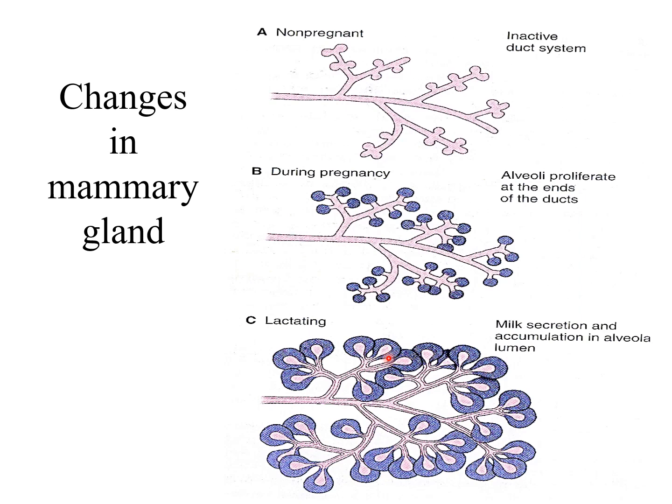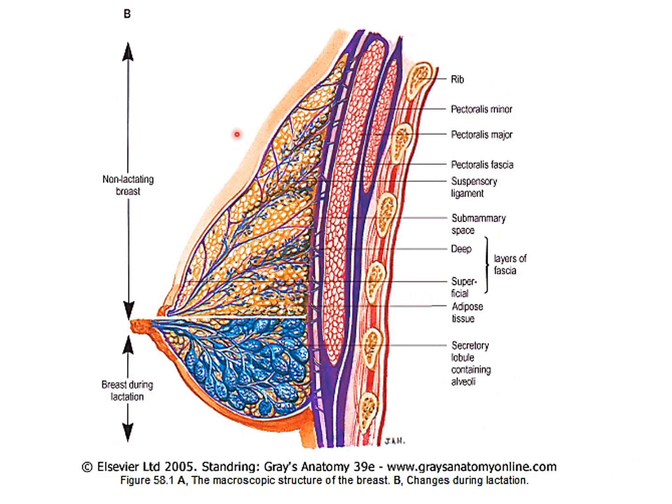So in the alveoli, milk secretions are there, so the glandular tissue will be more dilated as compared to the non-pregnant stage. So we will talk histologically more about it in the next slide. This is another diagram showing the non-lactating breast as well as the breast during lactation. You can appreciate the adipose tissue here, but you can appreciate more dilated tissue over here, as well as the size of the breast is also increased because of the proliferation and formation of milk inside the glandular tissue.